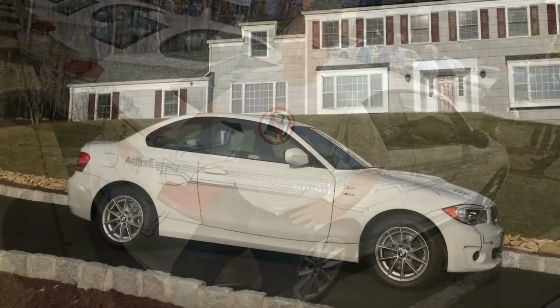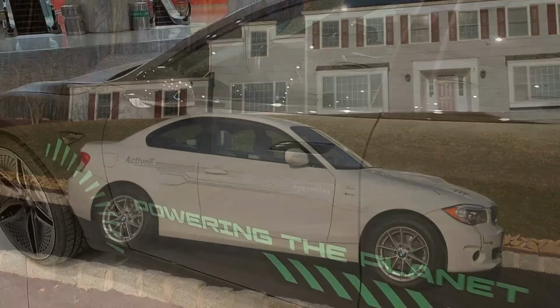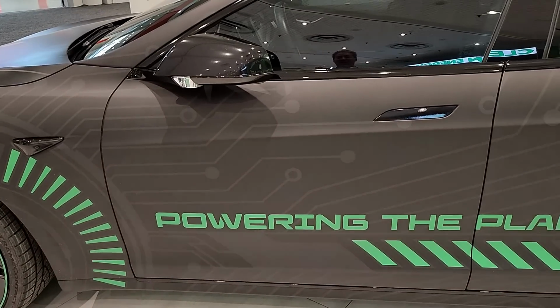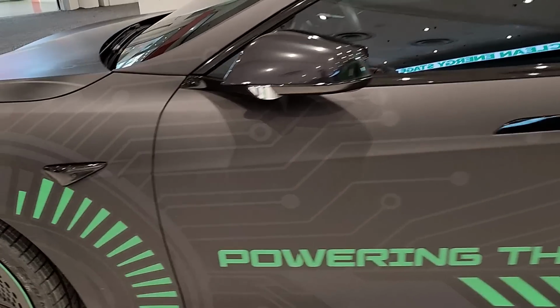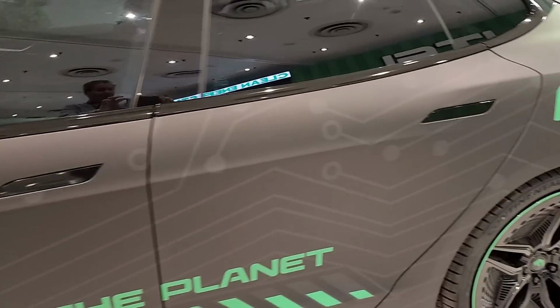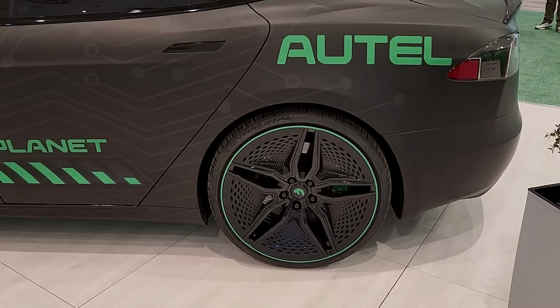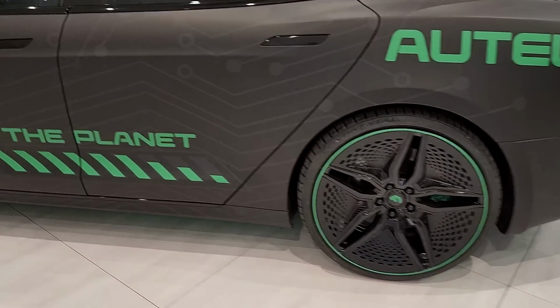2011 BMW Active E, that pilot program that I was in. BMW, all the cars were white, and BMW had this blue circuit board motif. It almost looks like this wrap here copied it because it was super similar. And check out these wheels, really cool wheels. Now these are